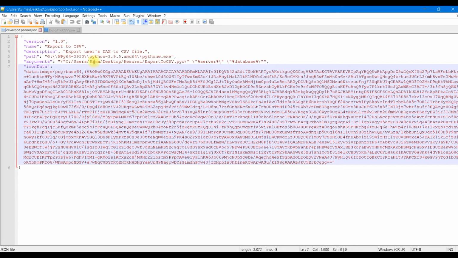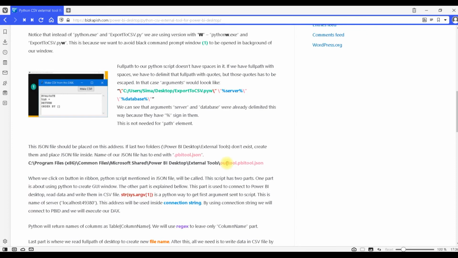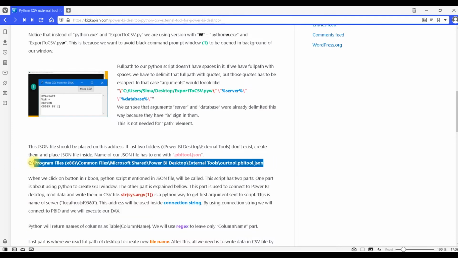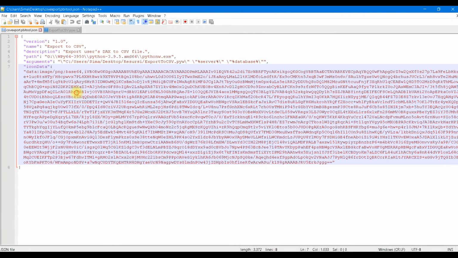Now let's see our JSON file. Now this JSON file is something that you have to make in order to get this button in Power BI desktop file. You have to go to this location, and there you have to place your JSON file. Now this is how Power BI desktop will know that it should create this button. It has all information for creation of this button in this JSON file. You have a version, you have a text below that icon, you have some description, you have a full path to your Python executable file,